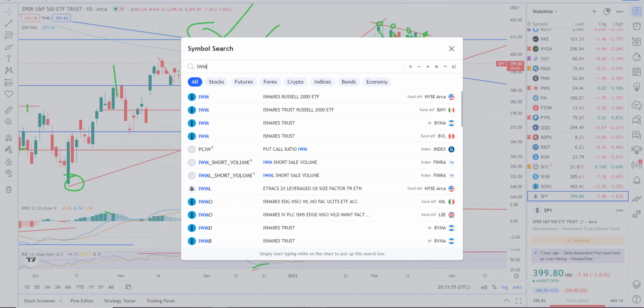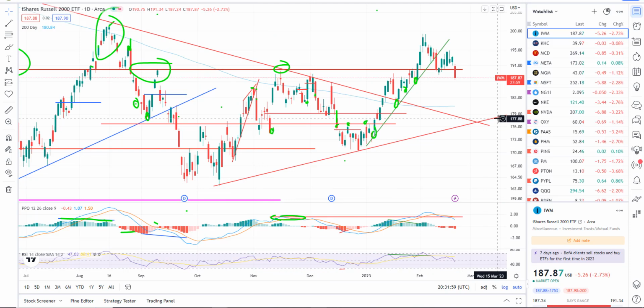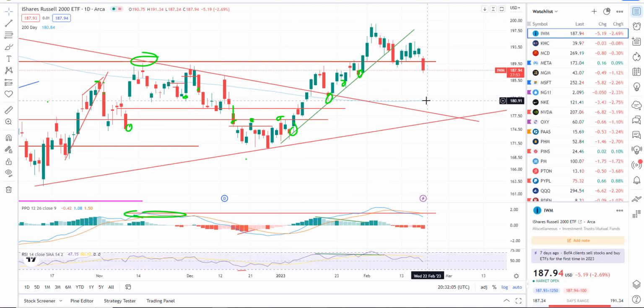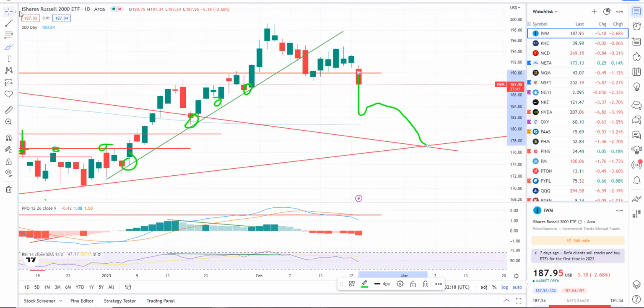And then the small caps. Small caps, that trend line is way down here, all the way down here at maybe 177.50 or so. You have the 200 simple moving average at 180. So we could have a little bit more to go on the downside on the small caps. Perhaps we gap down and flag out and then continue. That's possible. But as of right now, we've broken some support, and we'll see how the day closes.